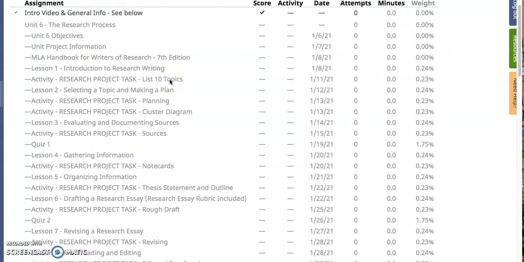And then next week you'll be working through Lesson 2 and Lesson 3, and we'll be getting deeper and deeper into this project. So I wanted to talk about the project. I want to review a little bit with you and just walk you through it step by step. So if you'll just be patient, this might be a little long, but it's going to cover everything that we're doing in Unit 6, I hope. All right, so